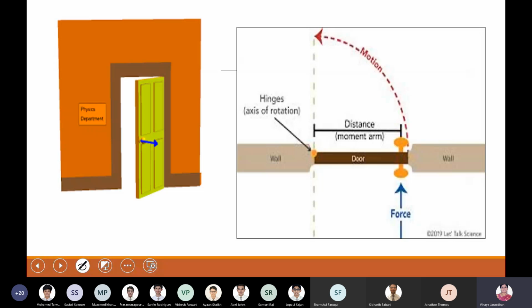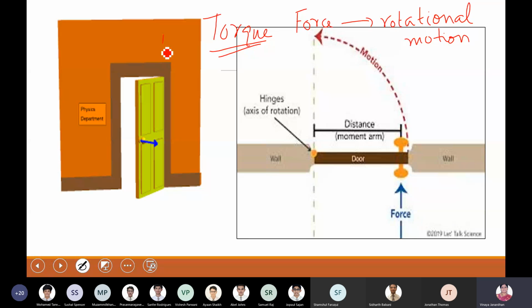Torque can be easily explained, or you can measure your torque, with the classic example of opening and closing of a door. What is torque? Torque is a force which causes a rotational motion. This much is enough right now for you to understand. Then we'll go for the mathematical aspect. Torque is a force which produces a rotational motion. Clear, boys? Now imagine when you are closing or opening your door,